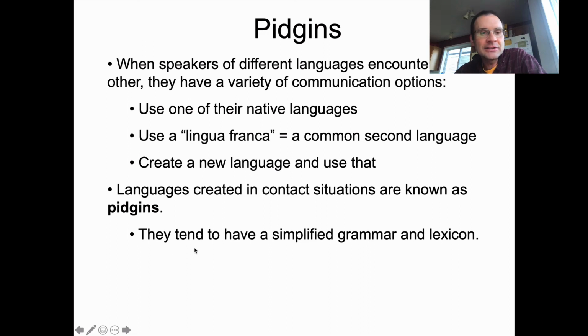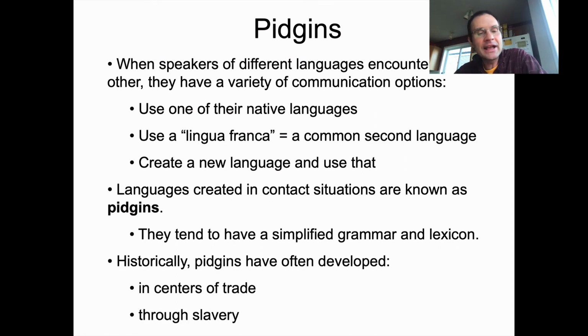And as you might guess, because they're a language which doesn't really exist until people make them up on the fly, they tend to have a simplified grammar and lexicon compared to most of the languages we see which are acquired natively. And like I said, these developed in many situations through centers of trade back in the old days when people were exploring new horizons, and also, unfortunately, in slavery situations, which is also kind of an extension of that first situation as well. So I'll mention